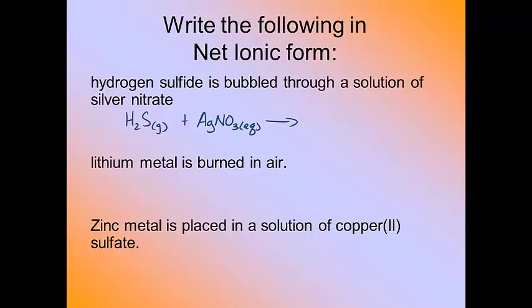Now, if you look at this, let's start by writing this like a Chem 1 student. This looks like a double replacement reaction. So let's switch our substances. We're going to end up with HNO3, aqueous, plus Ag2